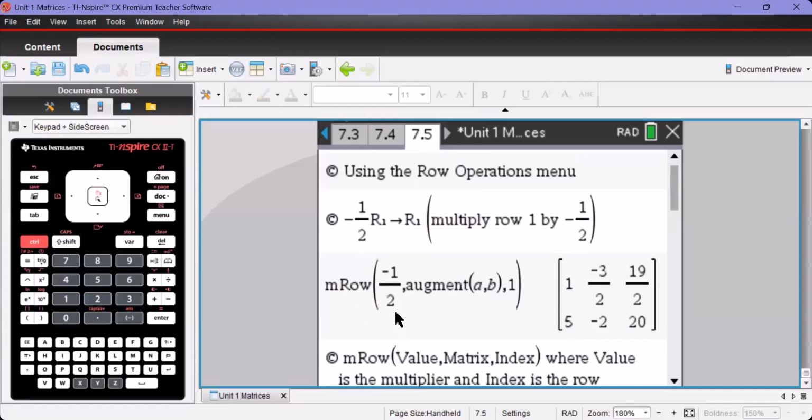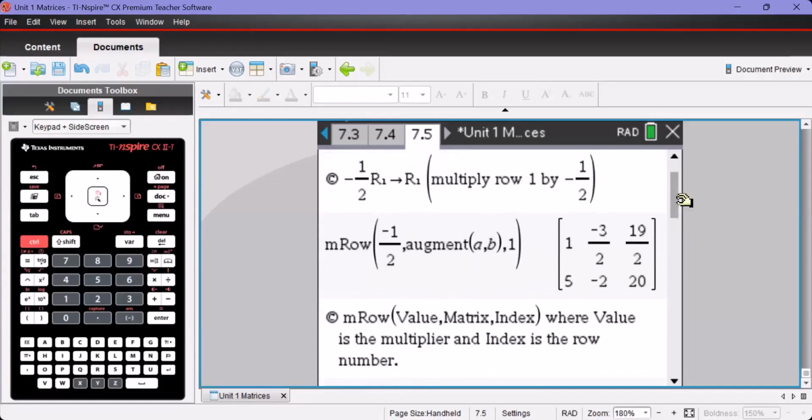This first number is the multiplier, so that's negative a half, comma, the matrix. So I've just typed in augment A and B, and comma, and this 1 is the index, and it denotes the row number. So we perform that row operation and we've achieved our goal there. We've got a 1 in that position